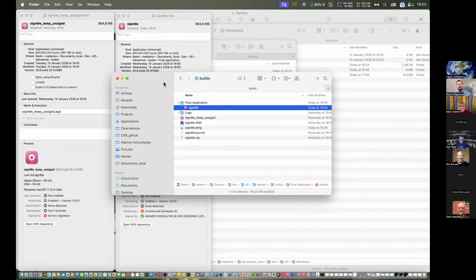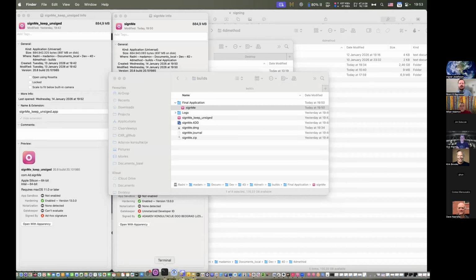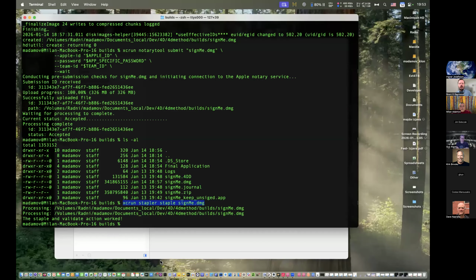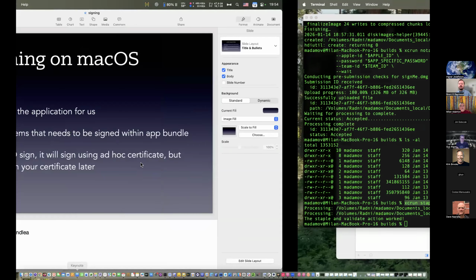To avoid that, after 4D builds the application, you need to copy the files that you need into the package and then sign again, because you may have some files that need signing regularly. I think you need to sign again even if you don't have JavaScript files, because you are changing the content of the bundle. So how will you do it manually? Let's first show the presentation, so you will see that.